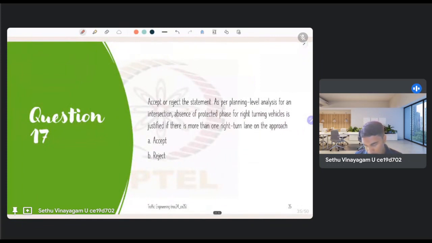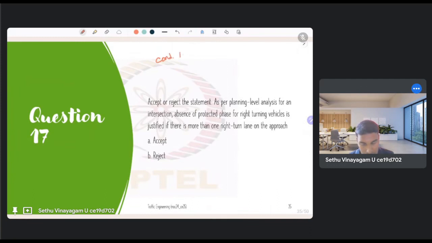Okay, next question is, as per the planning level analysis for an intersection, absence of protected phase for right turning vehicles is justified if there is more than one right turn lane on the approach. So we have to accept or reject this statement. When we look at planning level analysis, there are 3 criteria, which if satisfied, we have to provide a separate phase, which is the protected phase for the right turning vehicles. Any one of the 3 criteria, if it is met, we have to provide